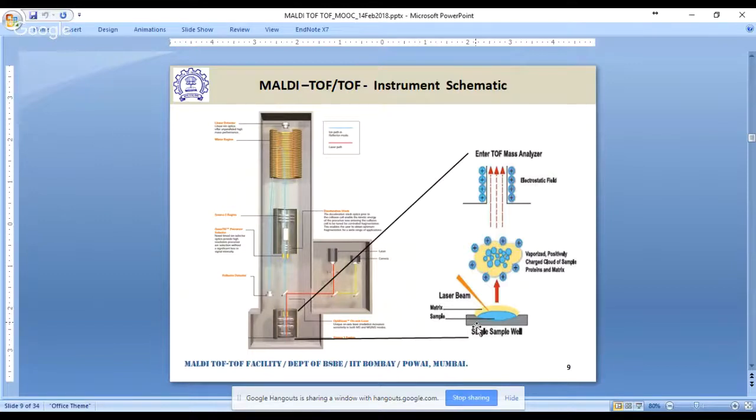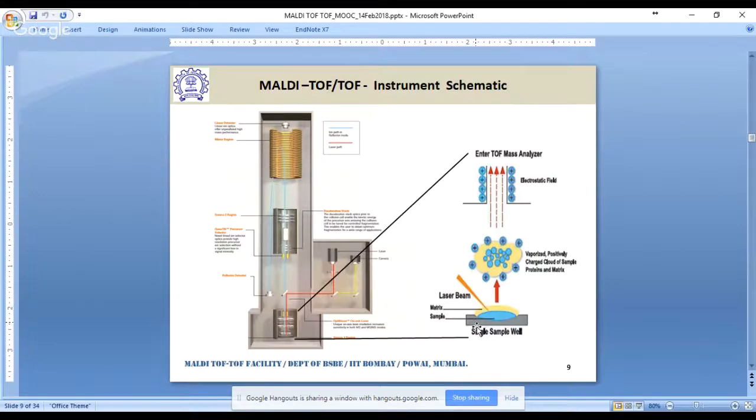This mode of detection is therefore called the linear mode. But sometimes if the samples have a very low molecular weight, the ions that are generated are very small, and therefore this path length is not enough to resolve them properly. For this reason, the instrument is supplied with a lens, which is depicted as a yellow series of lenses over here,